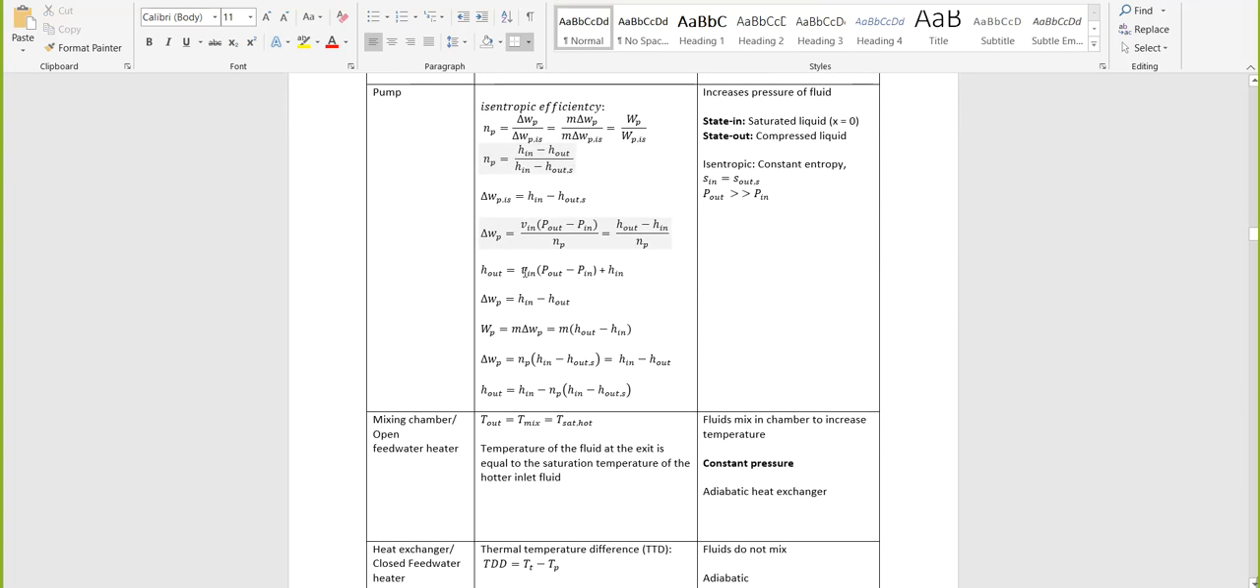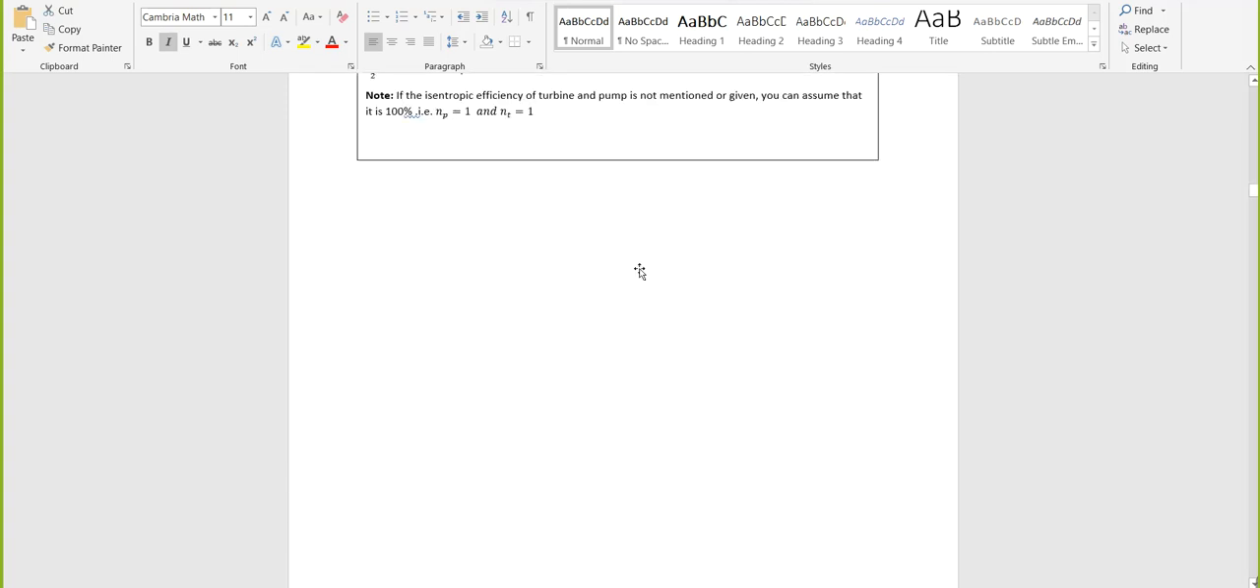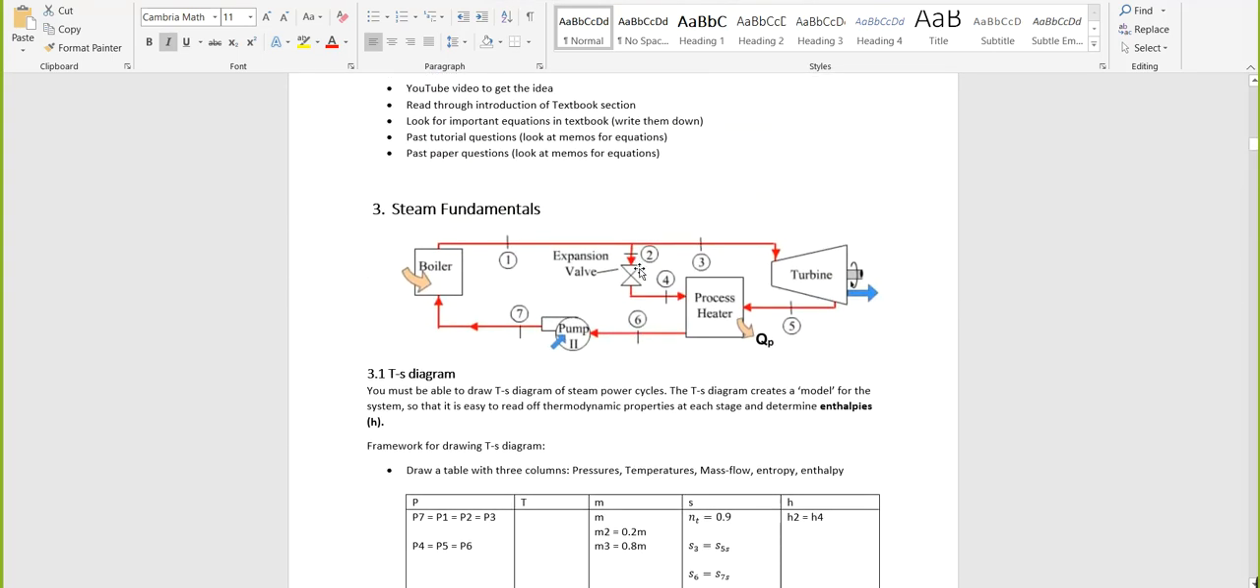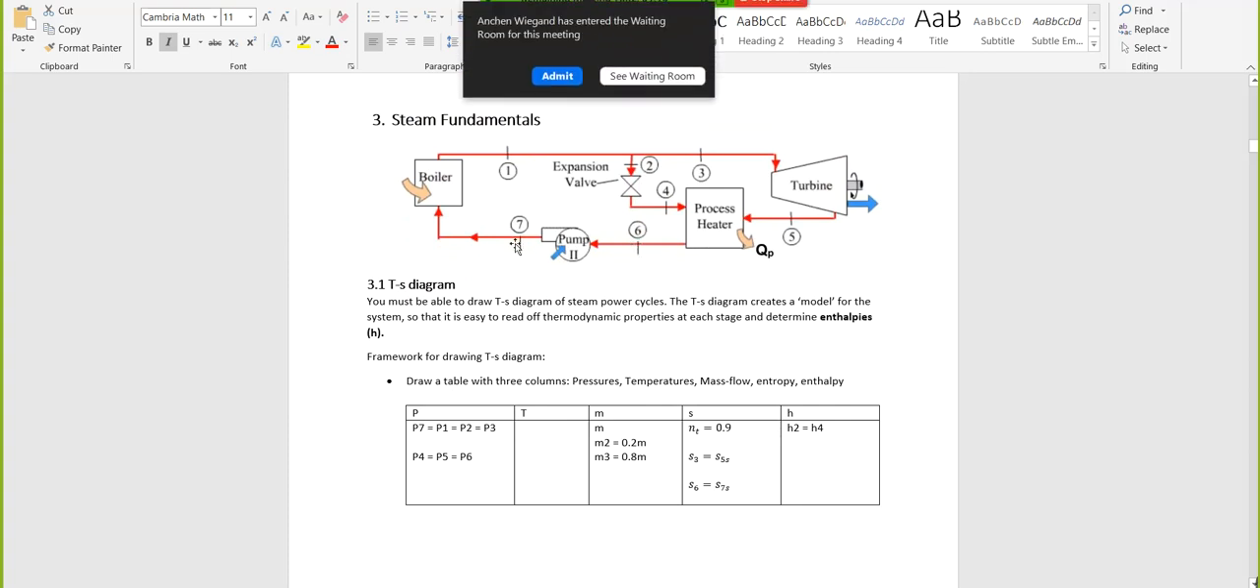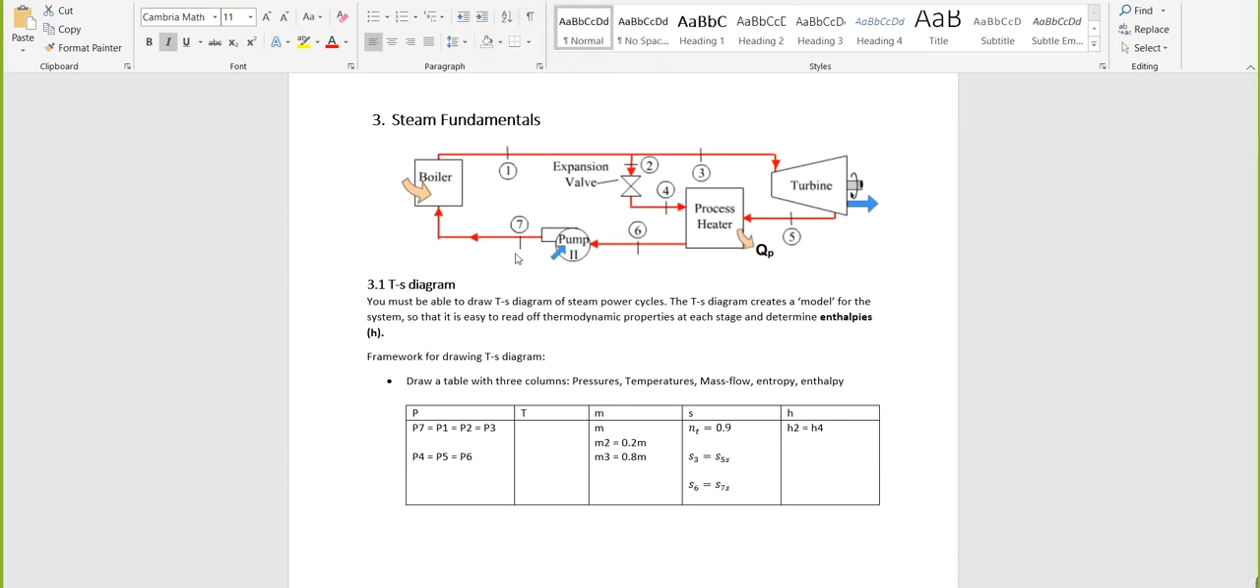You have your pump conditions. The only thing you really need to take note of with a pump is this formula. This formula is one of the key formulas of MTX. This formula here. Specific volume times P out minus P in plus h in. And where we get that formula is, if you look at our diagram here, generally you want to know one of the enthalpies. You either want to know this enthalpy or this enthalpy, you want to know what the enthalpy going out is. And to get the enthalpy going out,